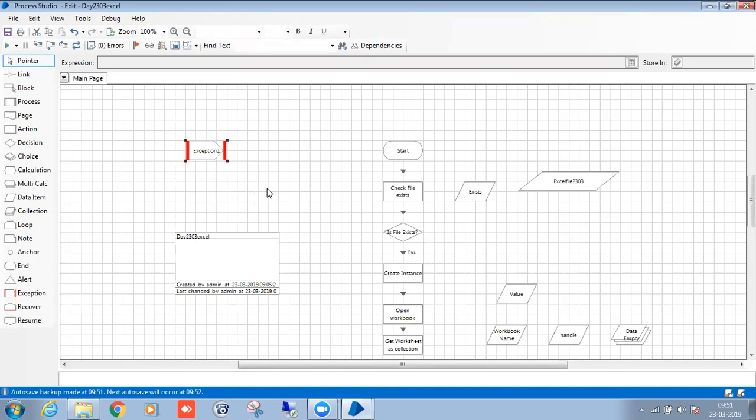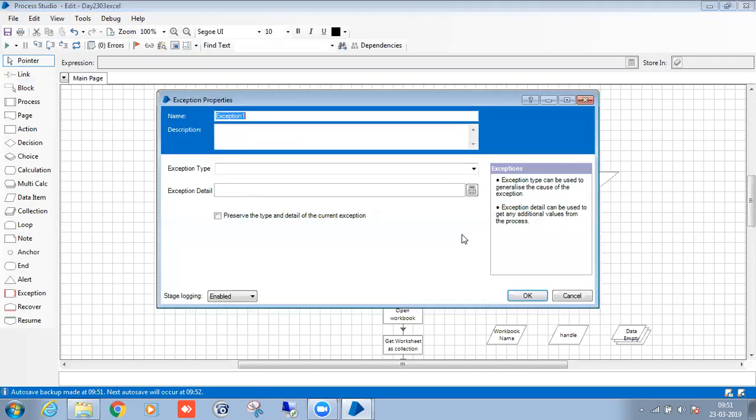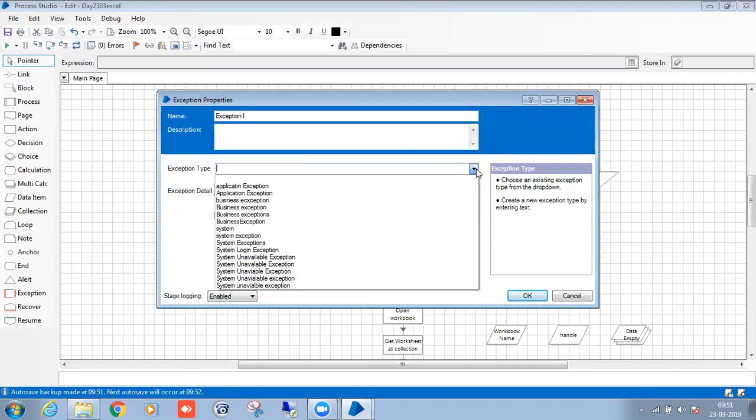Is it true? If not true, then this is an exception stage. By using the exception stage, we will raise an exception. The file is not there, so it's a business exception.